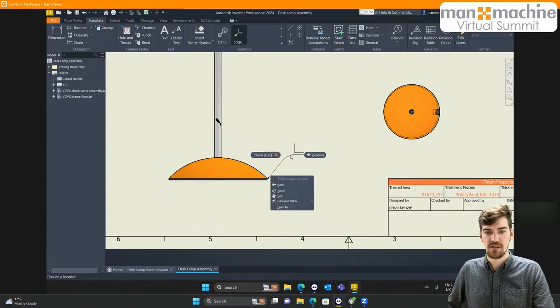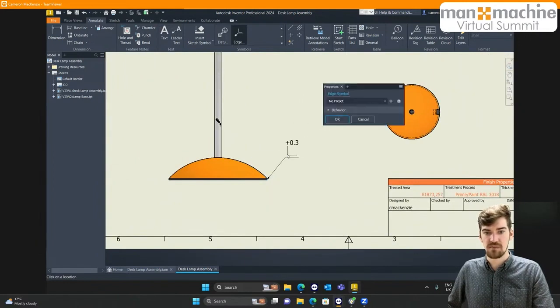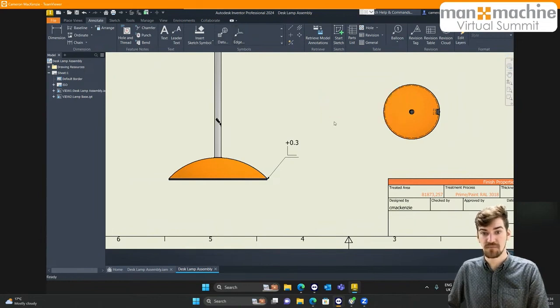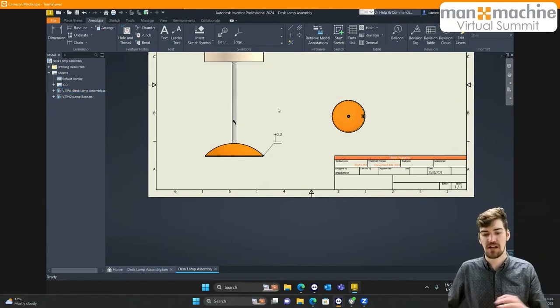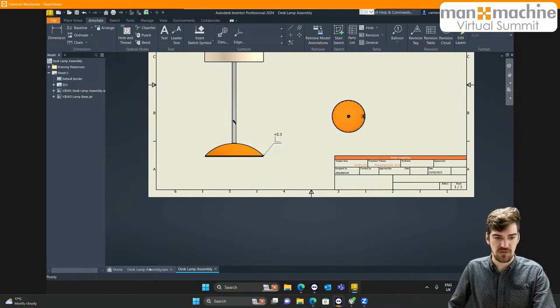Place the edge symbol down, right click continue, and then we've got the ability to come in and add some tolerancing and any other presets that we might want to add in from here as well. So those are the main adjustments inside of the drawing environment. So we've got the ability to grab those parameters, place them into the drawing, as well as edge symbols from here. Some of the other new features that we've got available to us are